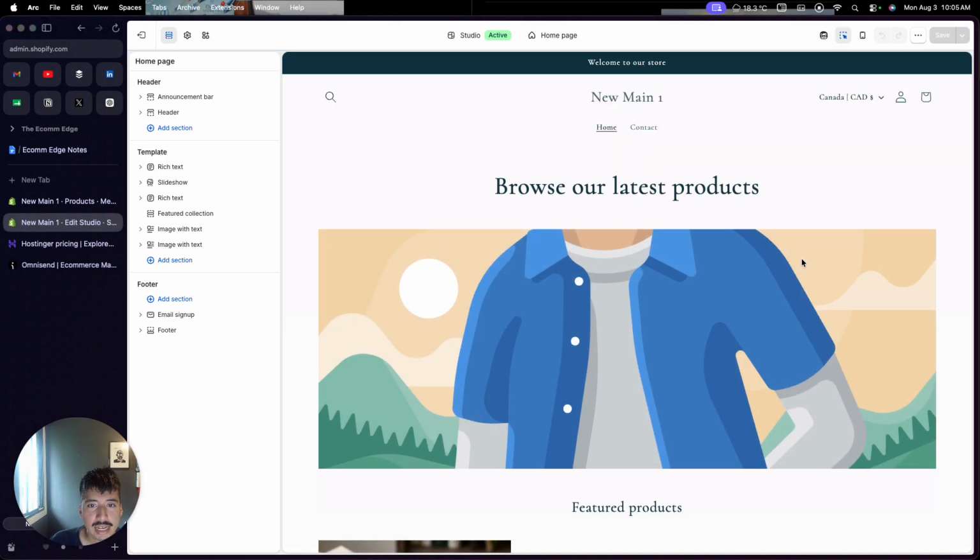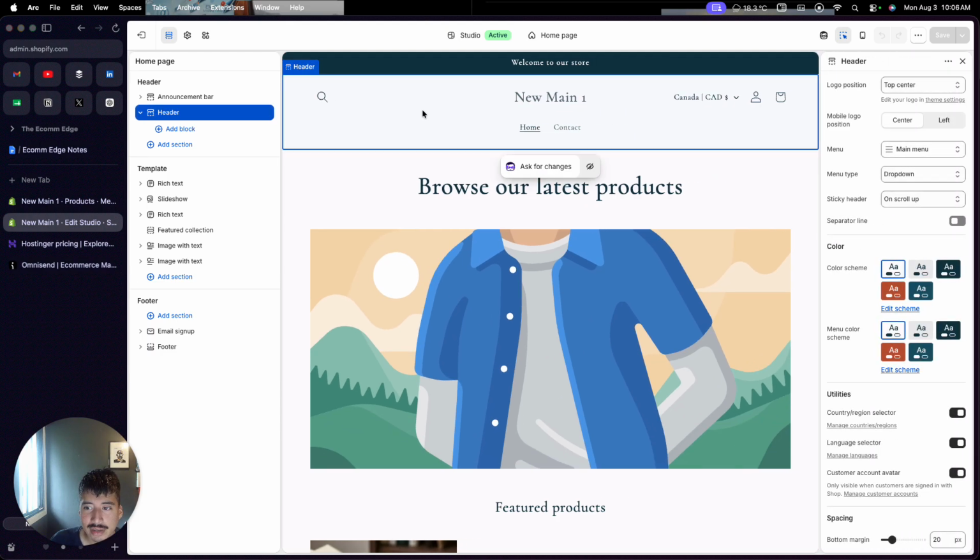So once we click the edit theme, you'll be welcome to your theme editor. Here is where you'll be able to make all the changes to your theme that you want to make. And it does look a little bit scary at first, but trust me, it's actually very easy to navigate. So if you notice where I'm moving my mouse, right, and hovering it, you can see that there's a blue container. So that blue container is just telling you where you're currently at, right? So it's telling me right now that I can edit the header image, right? So if I click on it on the header section,